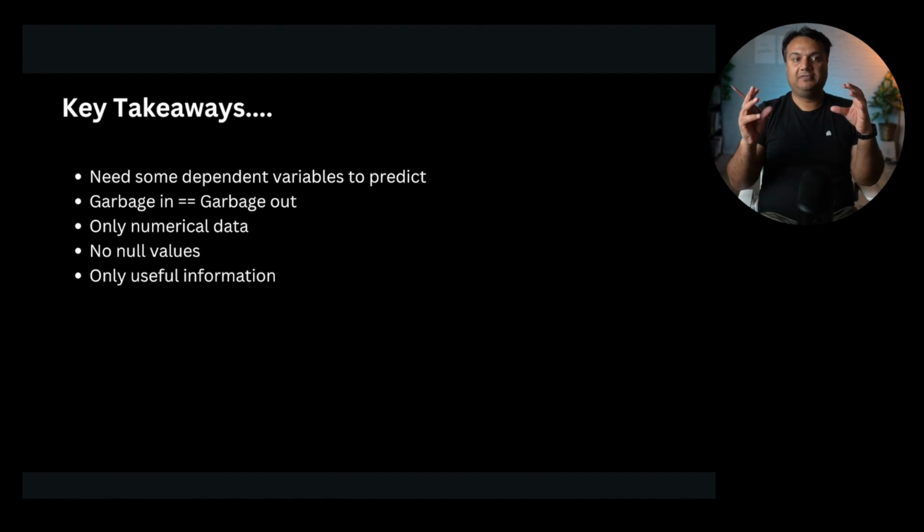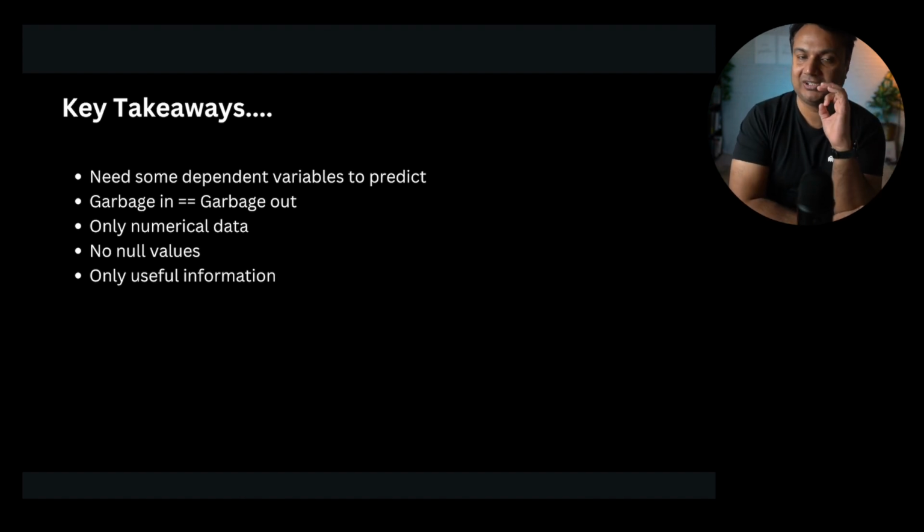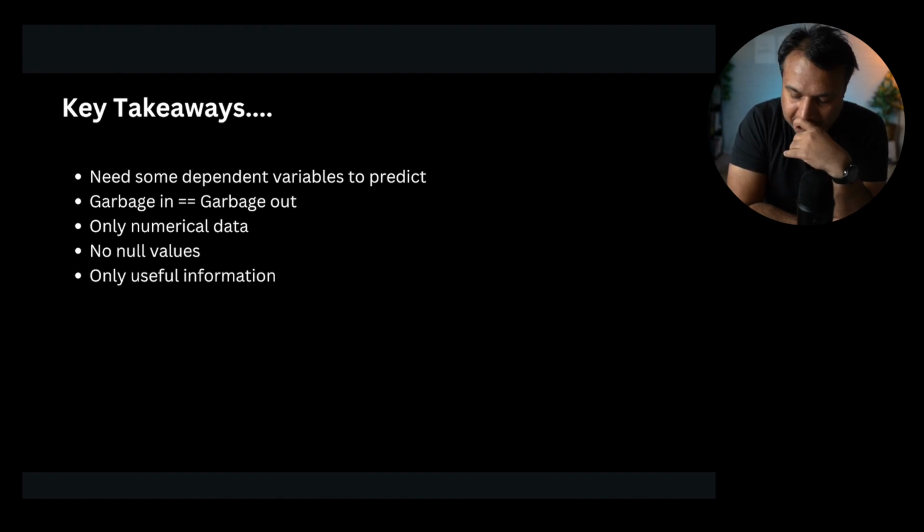So when we just have information about house size and house price, if we do not have house size, then we can just ignore it because that row is not adding any value. But in a lot of cases, we cannot discard because there's some other information available. For example, if I have the house number of bedrooms, what is the build year, all of that information, and just the house size is missing, then I might not just delete the entire row. So we have to figure out how to basically fill in the null values.